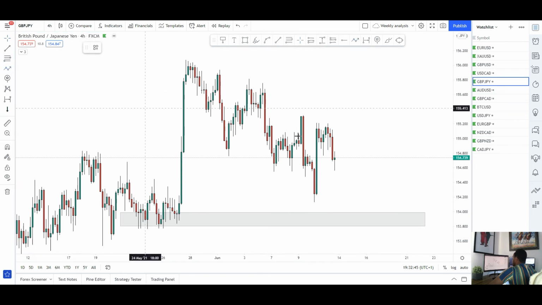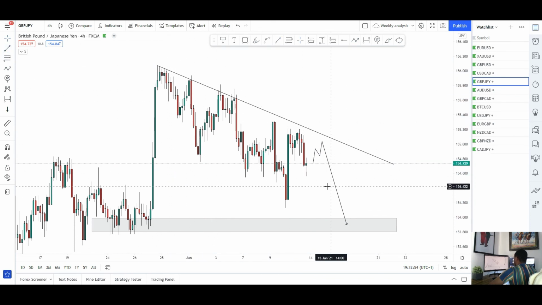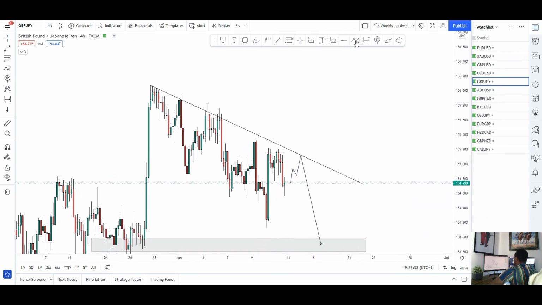So for next week, looking for a bit of retracement first, and then see if you can get price to roll over, create another lower high. We also do have this trend line here as well. If I just connect all these lower highs, we'd like to see a test of that trend line and then see if you can get a roll over. However, if price breaks through this trend line and creates some new highs, I'll change my bias to bullish again